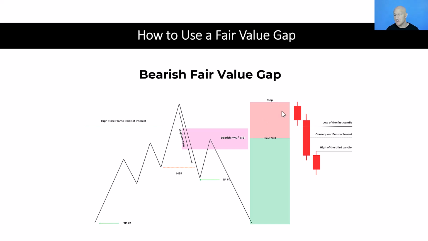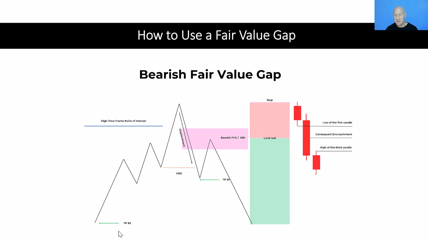And so the question is, where would we start to look at taking our profits? One of the easiest things to do is always look for our low-hanging fruit. The leg that you would look at is the displacement leg that breaks market structure, or potentially one of the swings that happens before we take out that high time frame point of interest. This is always a good place to take that first take profit. That's the low-hanging fruit that ICT always talks about. And it's generally at this level that I'll roll my stop to break even and then let the rest run